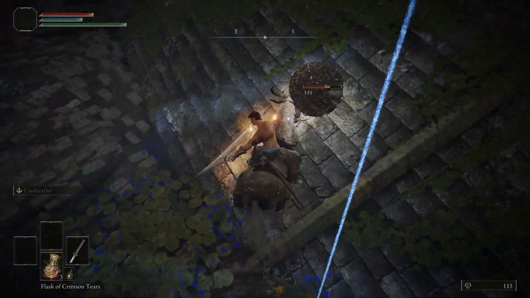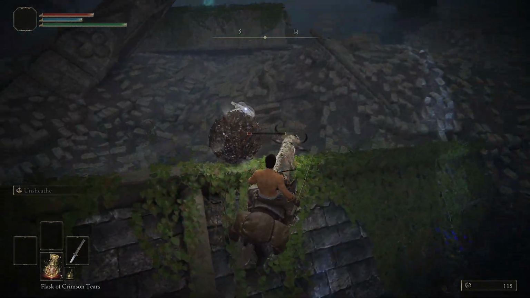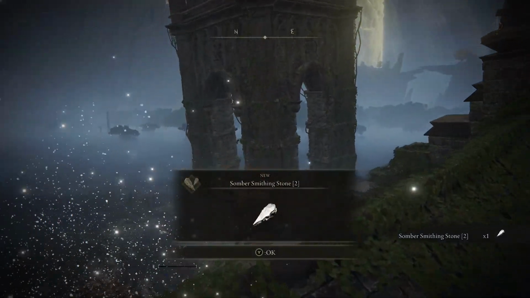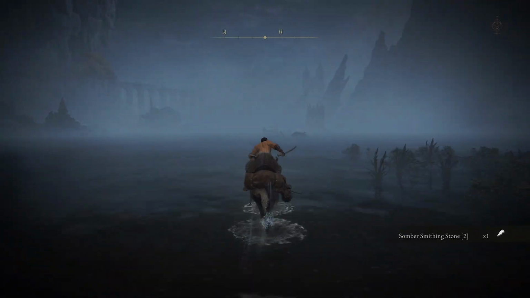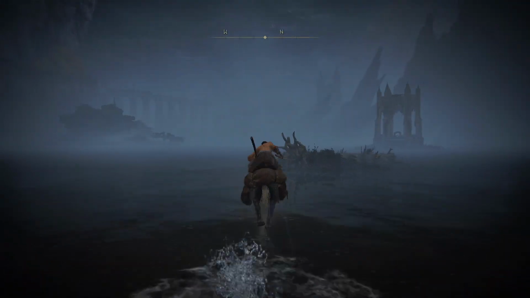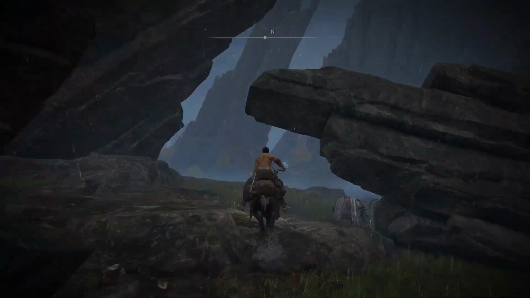We want to destroy this little guy, and this little guy will give you Somber Smithing Stone number 2. That's what we're looking for. So we're left with only Smithing Stone number 3 and number 4. For Smithing Stone number 3, you want to continue forward this way alongside the cliffs, and almost in no time